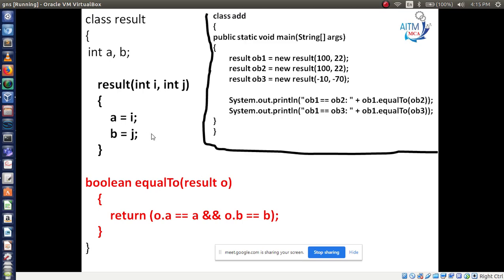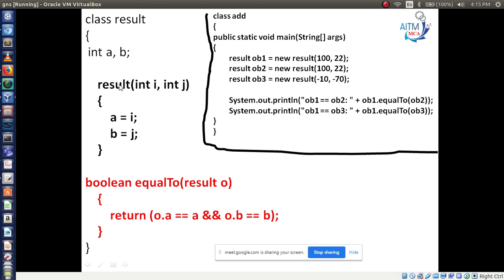This is another class. The class name is add. In the main method, I am creating the object of the class result. The object name is ob1 is equal to new result. Here I am passing the values 100 and 22. 100 and 22 represent i and j.